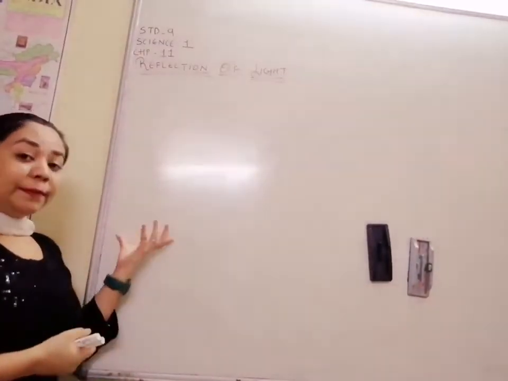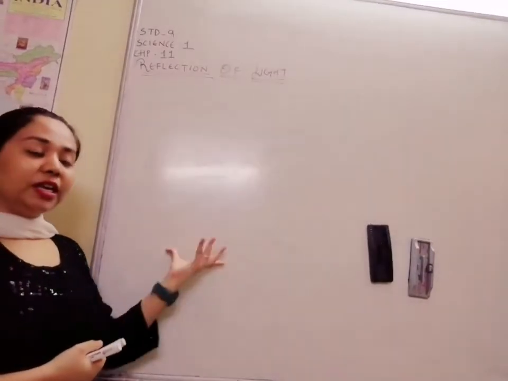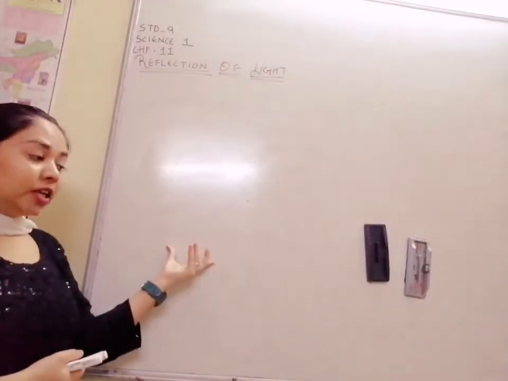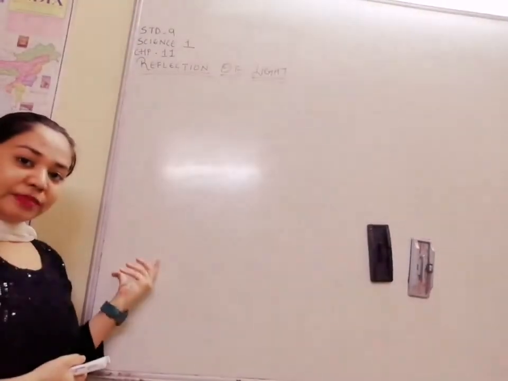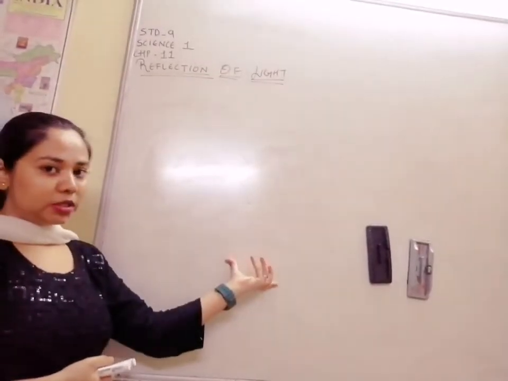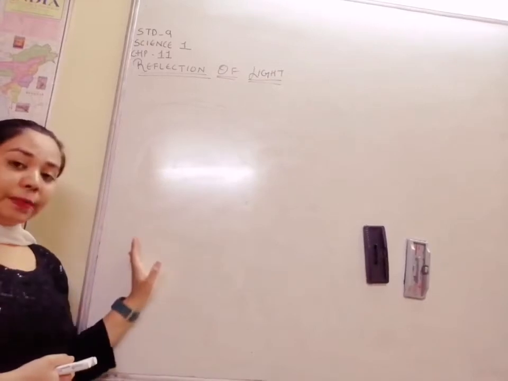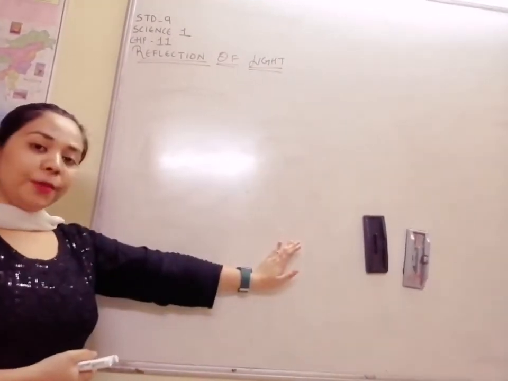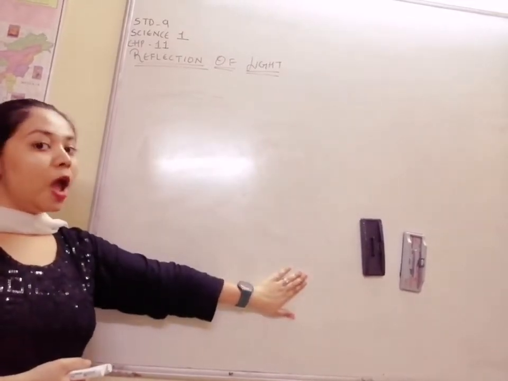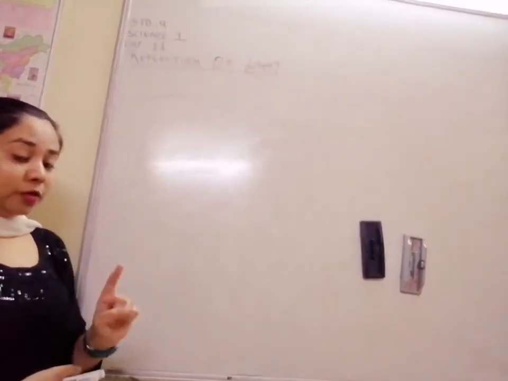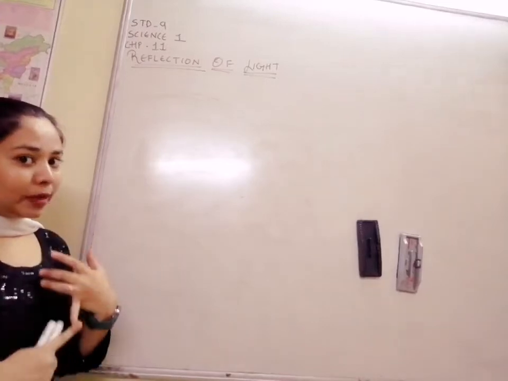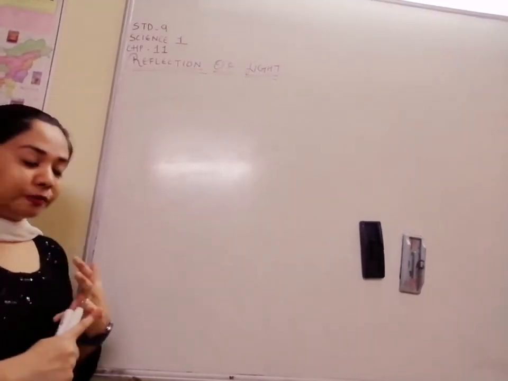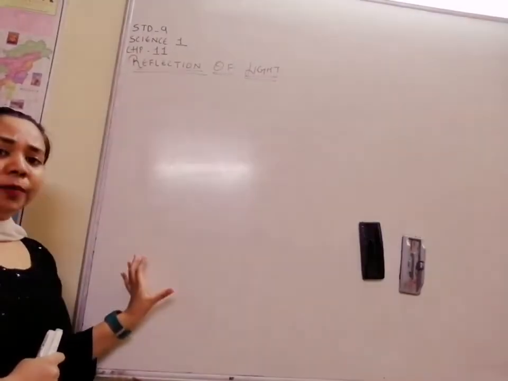But for the image, whether it is coming negative or positive, they will give you in the question whether the image is forming on the same side of the object or on the opposite side. So if the image is forming on the left hand side, it will be negative, and if it is forming on the right hand side, it will be positive. And focal length, if it is a concave mirror, it will be negative, and if it is a convex mirror, it will be positive. So this is how the mirror formula works.